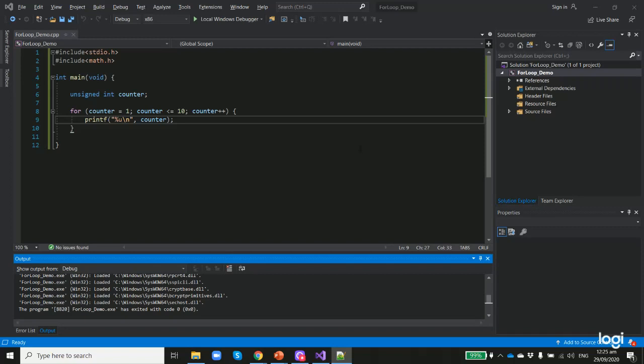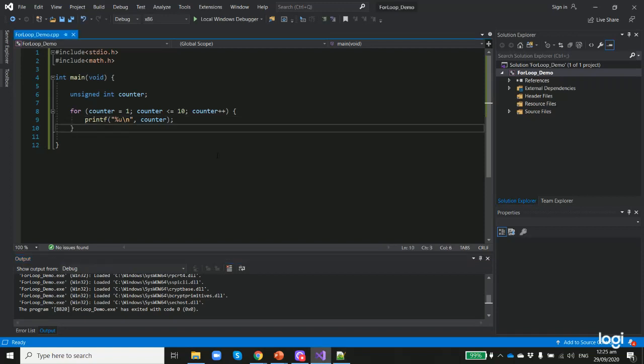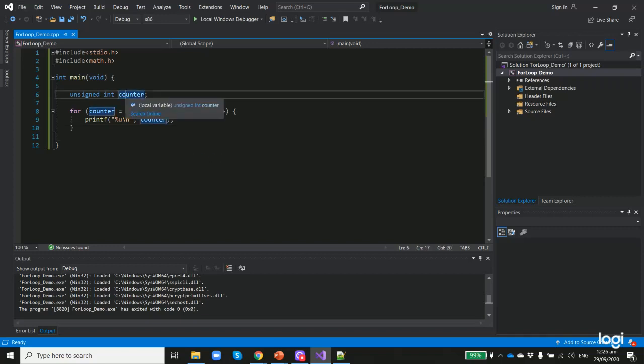Hello everybody, and in this video we're going to apply some of the concepts that we saw in the previous lecture on for loop, and we have the first example on the for loop right here in front of you, where we are using an